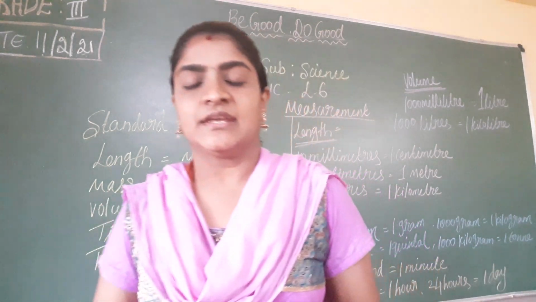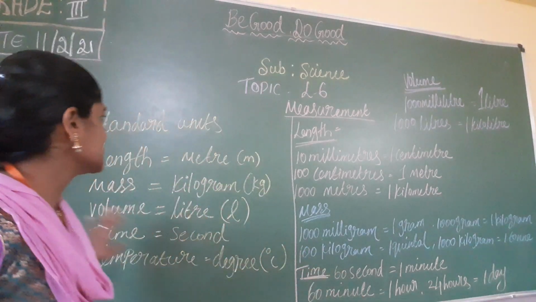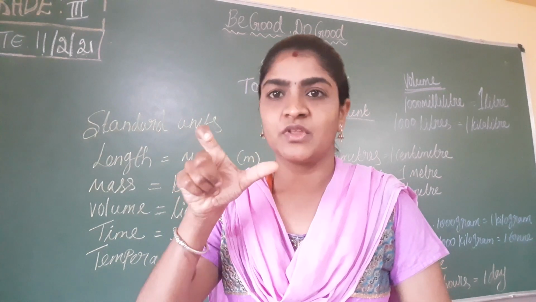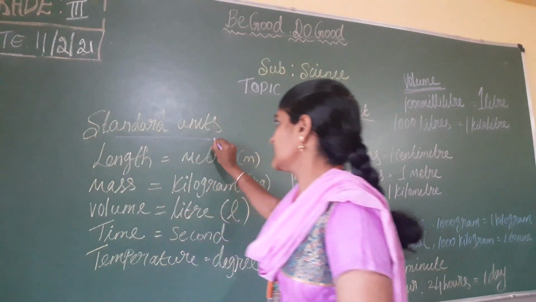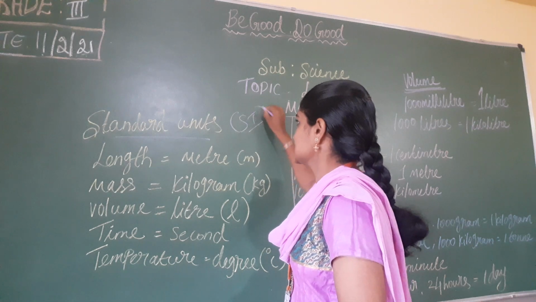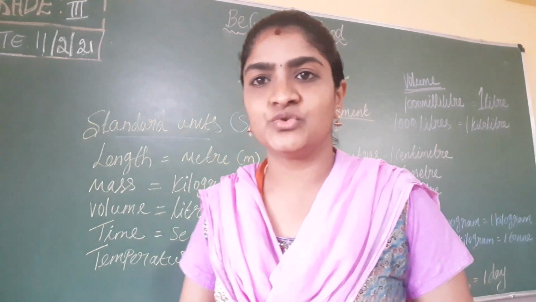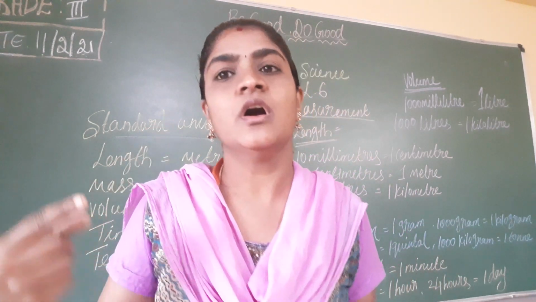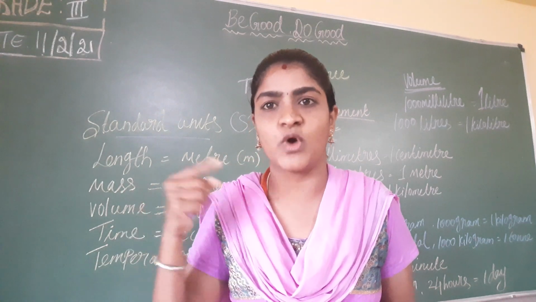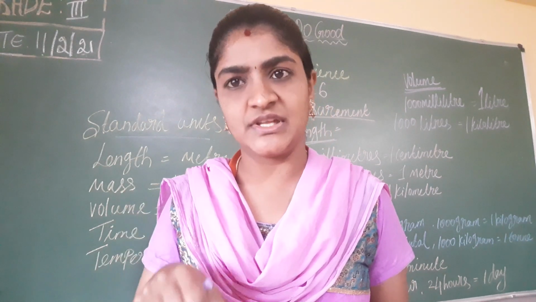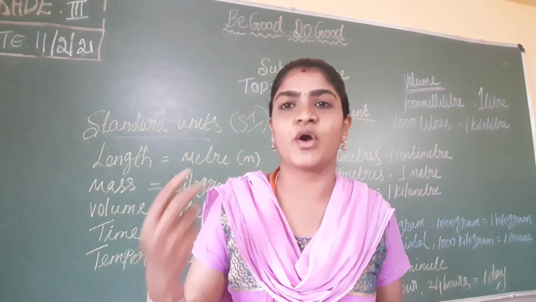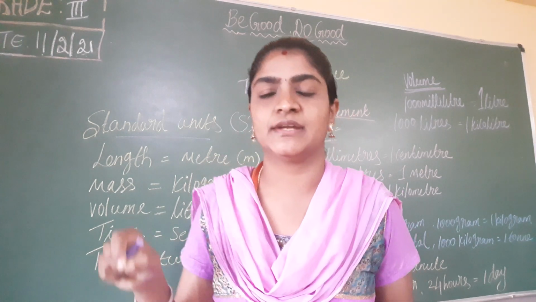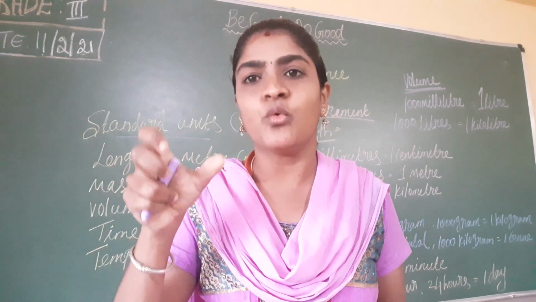Here you can see the standard units. What is meant by standard units? All the countries follow the same units, so that is called standard units. They are also called SI units. They are helpful for measurement in daily activities. For example, if you want to buy 1 kg sugar, we go to the shop and ask them to give 1 kg sugar. They will measure and give it. Like that, if you want to buy oil or a water bottle, on the back side paper you can see 1 liter, 2 liter, mentioned as the volume.